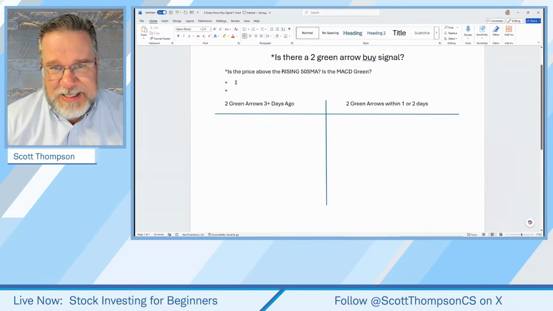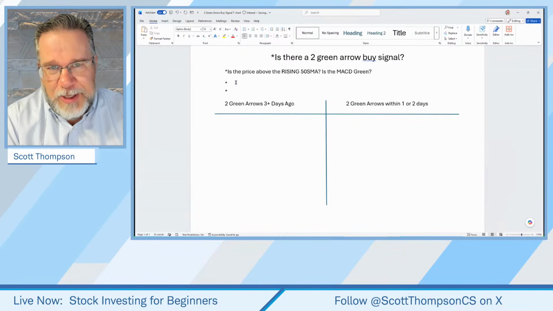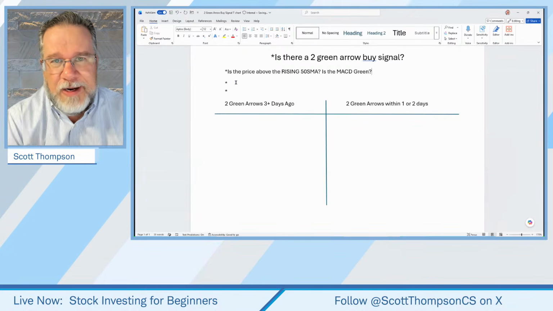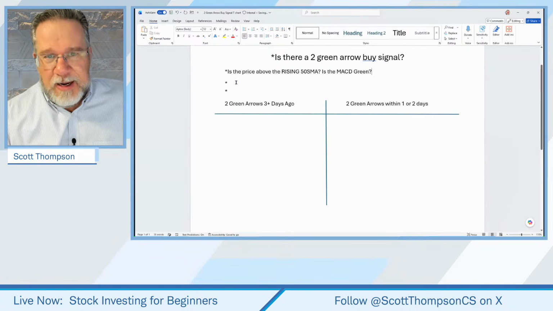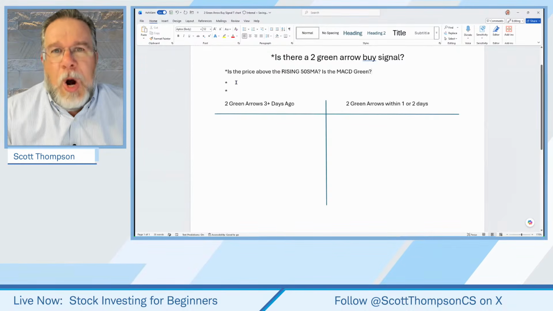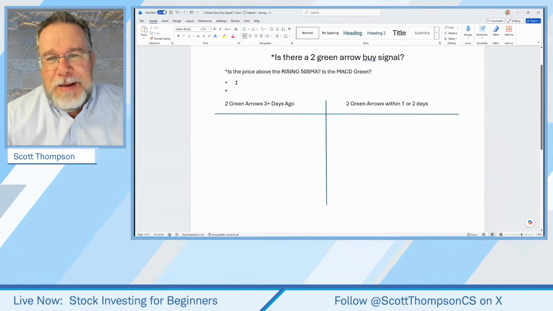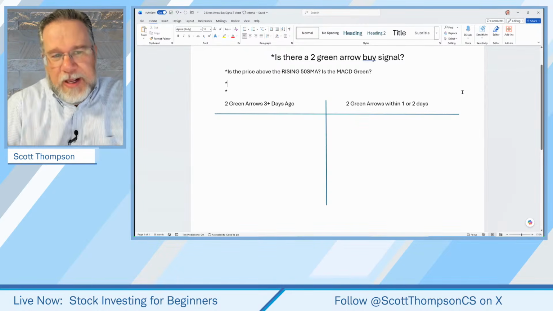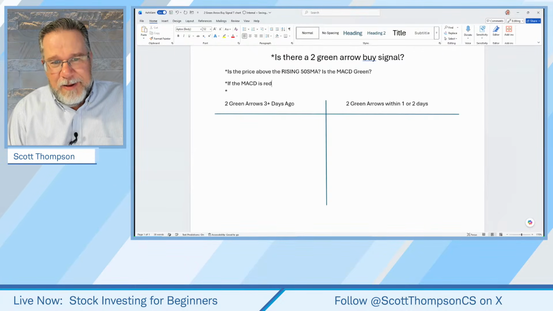Now, the process that I use, and I mentioned that we're going to go through all 100 stocks. I think there's actually 99 now on the list, but the S&P 100 is the 100 biggest companies in the S&P or the U.S. markets, and we're going to go through all of them today. And I'm going to show you how to do that so fast that you're going to be blown away. So what the process in order to do it quickly, I'm going to be looking at basically one thing. If the MACD is red, done.